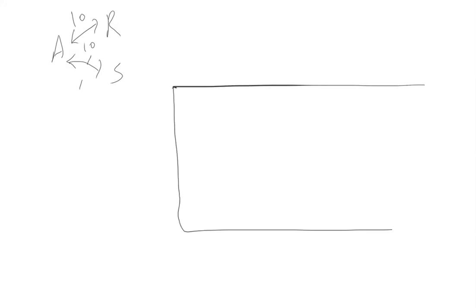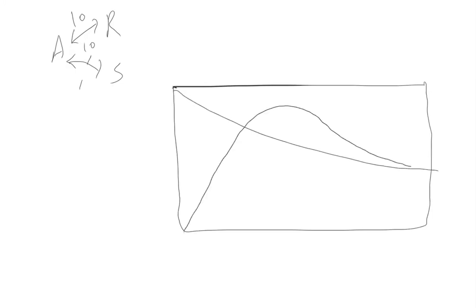Next example, suppose you have A gives R, A gives S, let's say this is 10 and 10, but both are reversible. Here you can clearly see the difference. Let's say A reaches like this, R will be reaching like this, and then S will be slowly going like this. This is R, this is A, this is S, but all have to be equal, because at equilibrium all should be equal.